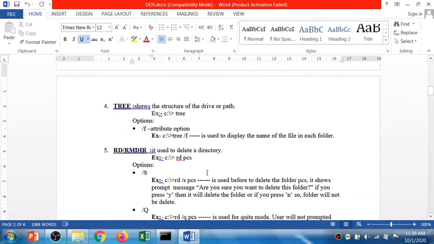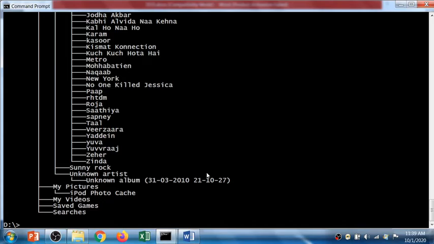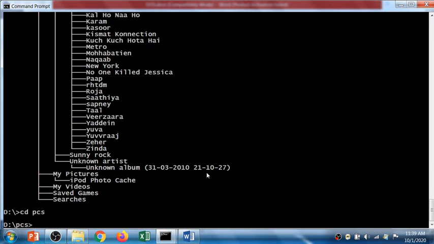Okay, rd command, let's use the rd command. Suppose I want to delete the DOS folder, so first of all I have to open PCS and my DOS folder is inside the PCS, so I can use the rd command.